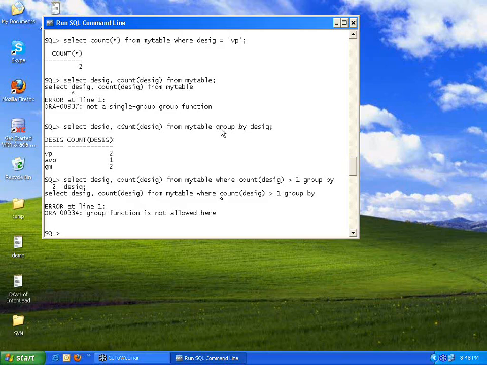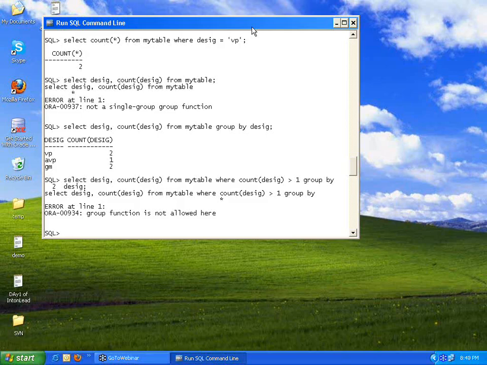Now, when you group by that, it will go to the table and find those records which satisfy that group. The next step is if you want to give a condition there. When you have a group by and you want to give a condition with an aggregate function, that cannot appear in the where clause. When you are using a group function, you need to use another thing.